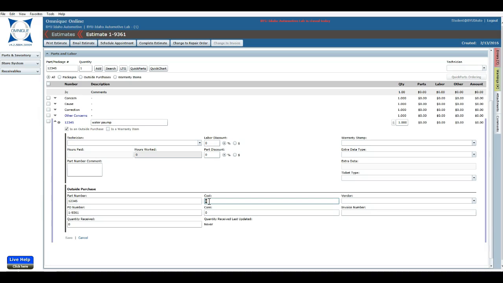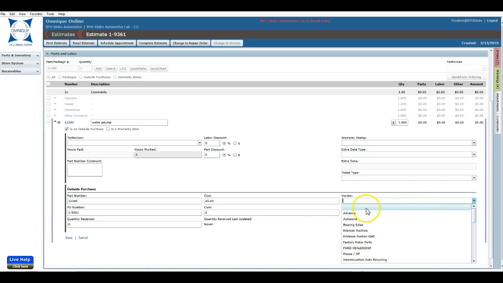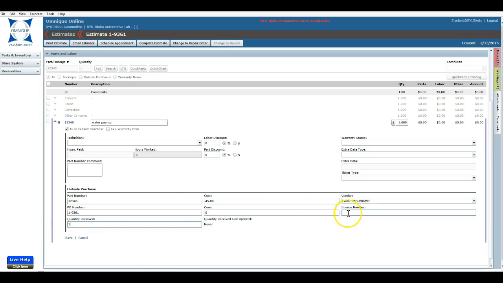So let's say this water pump was $45. That's what we paid for it. Our vendor, where did we get it from? Let's say we got it from the Ford dealership, and there's no core on this. So if there was a core on this, we would put 1 there, and then we'll put here the quantity we received. Go ahead and put our invoice number,